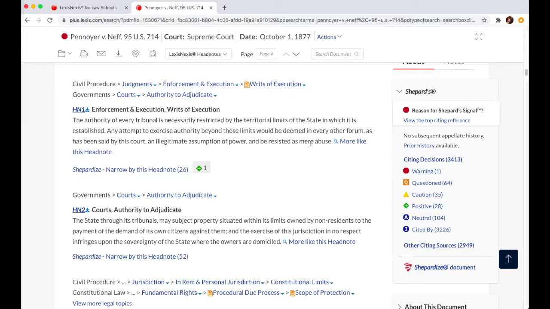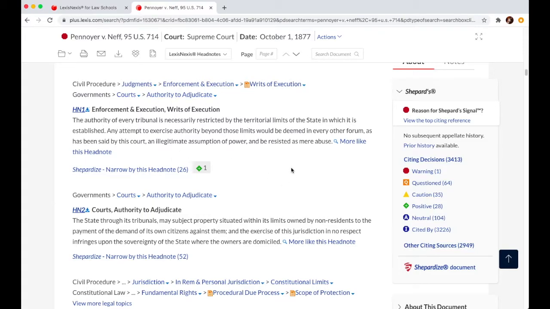Headnotes can also be very helpful when you're doing an open research assignment. So if you're doing an open research assignment, you're going to want to make sure that you see headnotes that relate back to your search terms. If you are not seeing headnotes that relate back to your search terms, the case you're on is probably not going to be a pivotal case in your argument. It could still be very helpful, but I would definitely look for headnotes that are on point when it comes